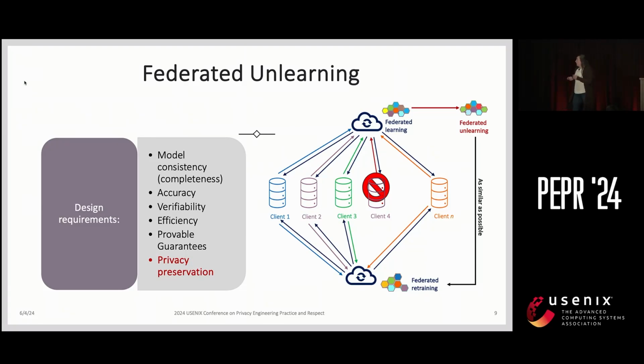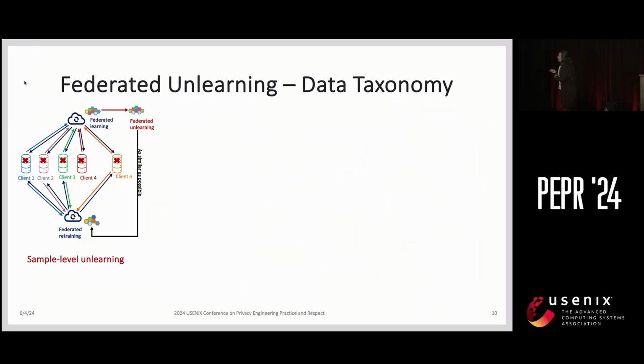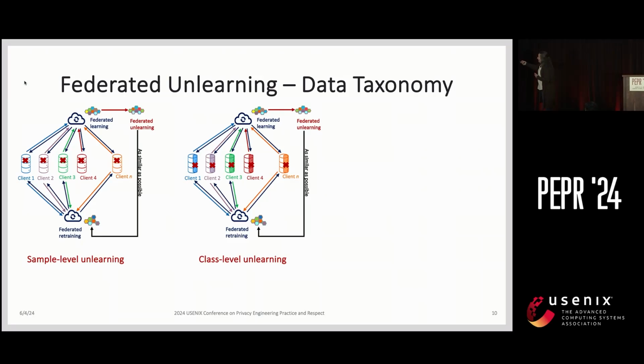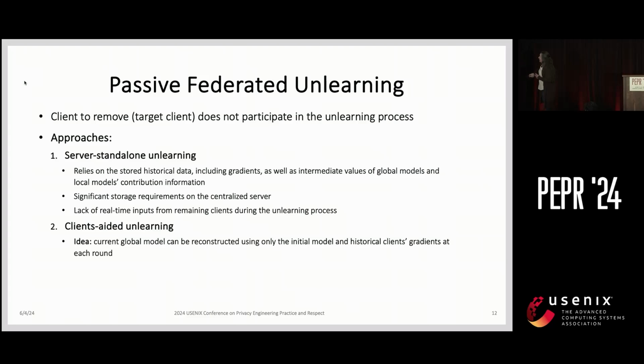And so when you add privacy that you started out with and privacy that you want to preserve, in the federated unlearning case, things get a little more complicated because of a couple of challenges. So challenge number one that we see in the federated unlearning case,